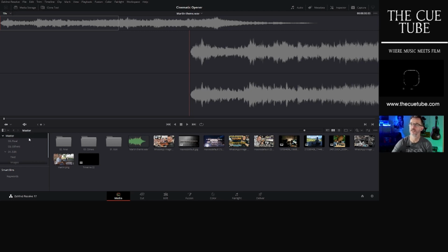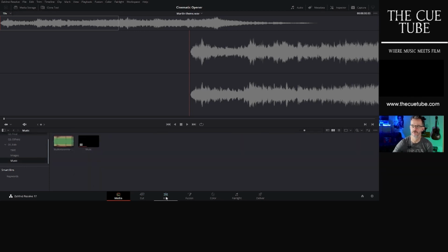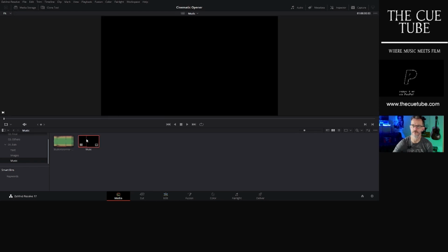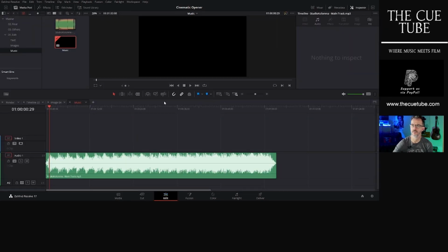Okay, so there are various things. There's a template here that I've downloaded from one of the resources that I use. And it's a question of filling in the placeholders with the stuff that's specific to Martin. So the first thing I'll do is I'll put the music in. If we go into the music here, you can see this is the kind of default